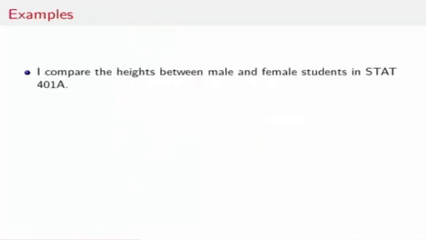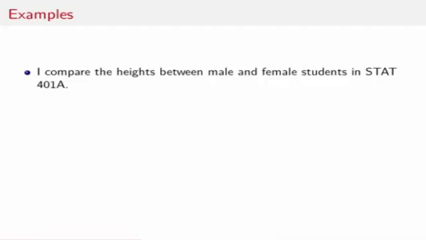Alright, so here's a few examples to try to cement these ideas. As we go through these examples, you should be thinking to yourself, what's the treatment, what's the response, and whether that treatment was randomly assigned or not, and then whether the individuals in the study were randomly selected from some bigger population. For the purpose of this slide, I'm going to be thinking about the population as being all Iowa State University